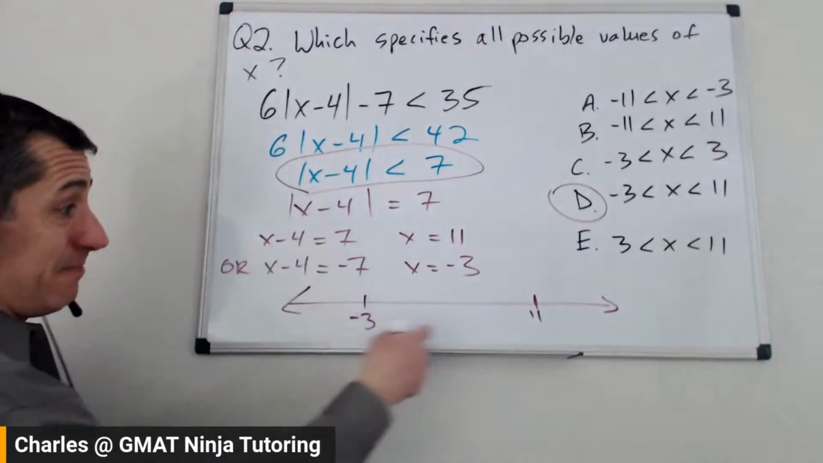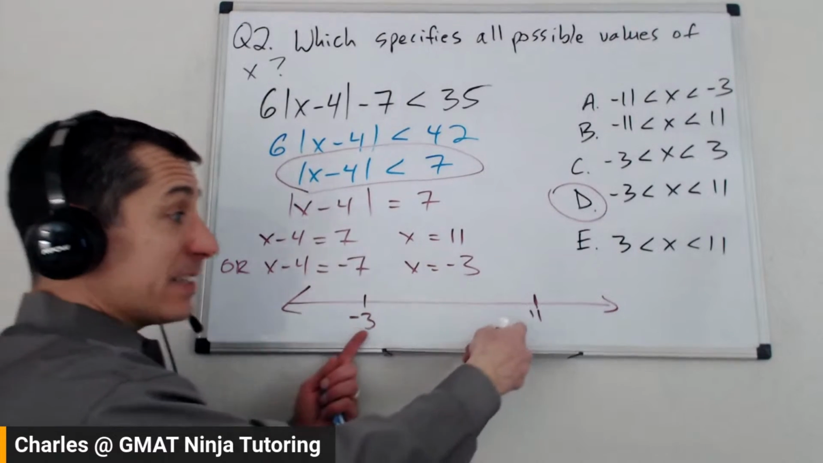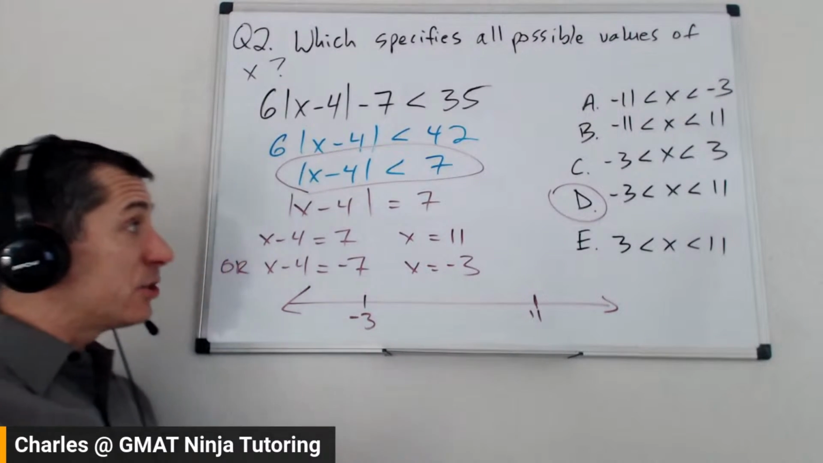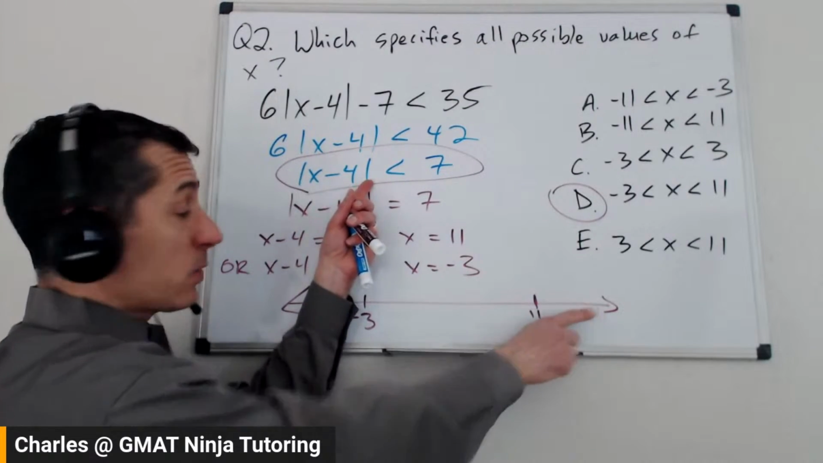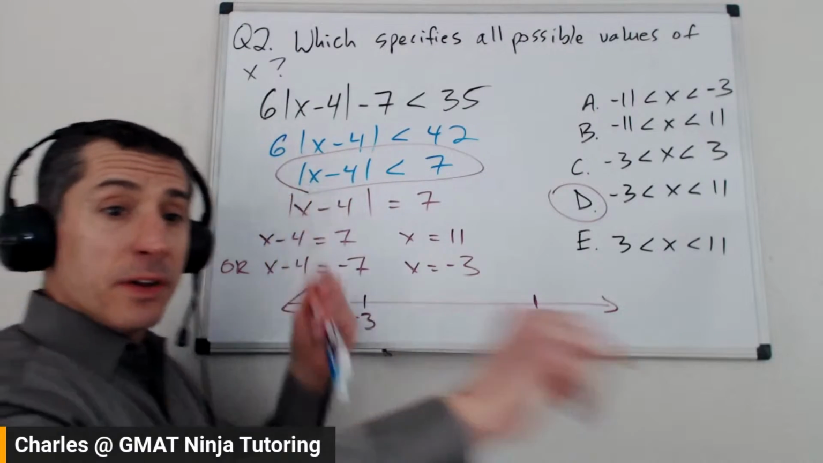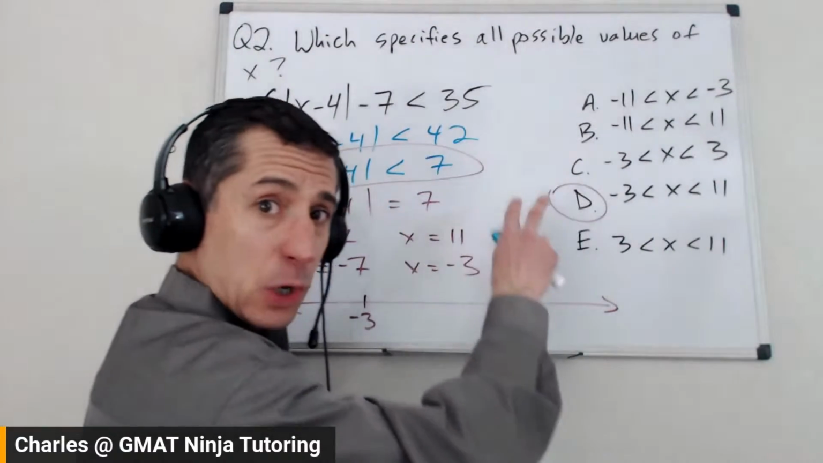Could x be 0, for example? Yeah, you bet. Could it be 5? Yeah. X could definitely be somewhere in this range, right? Could x be 100? No. We get something that doesn't work. Could x be negative 100? No. So what you can do on these questions, if you've got an absolute value in an inequality,